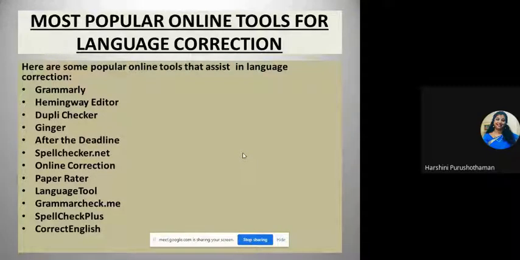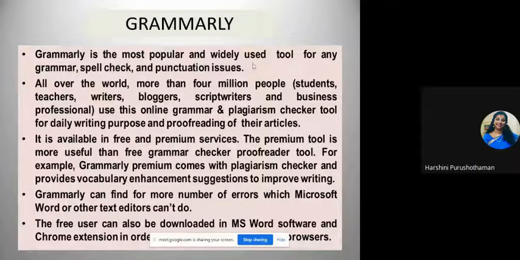The first one, as always, everyone's favorite, is Grammarly, and then Hemingway Editor, then Checker, then Ginger, After the Deadline, spellchecker.net, then Online Correction, Paperator, Language Tool, grammarcheck.me, Spellcheck Plus, and Correct English. So these are the top tools which people regularly use, rated in the order of importance and usage. Now coming to Grammarly.